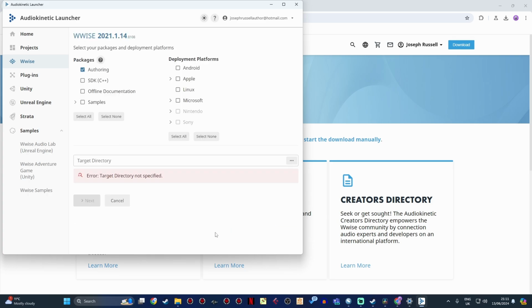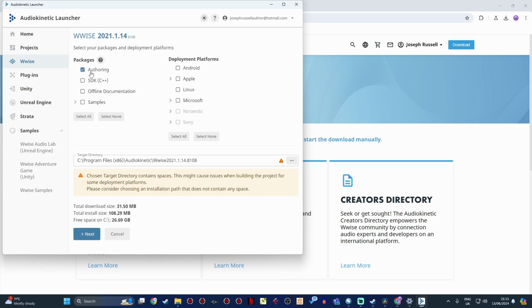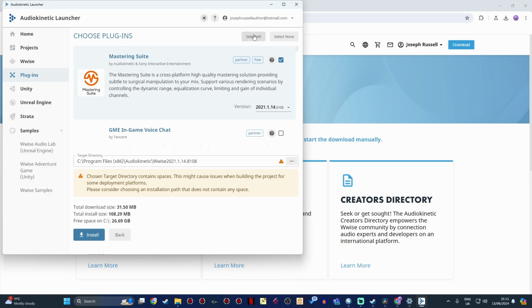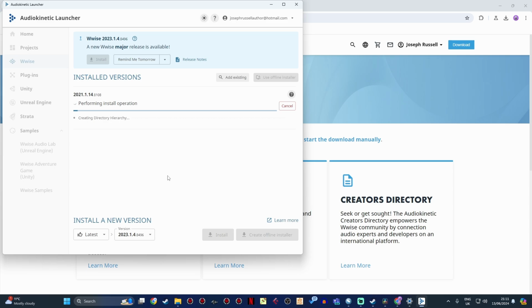Install that. Make sure authoring is ticked and nothing else. Press next. Select all on the plugins. Press install. And then wait a million years.